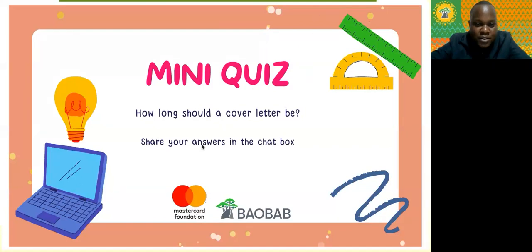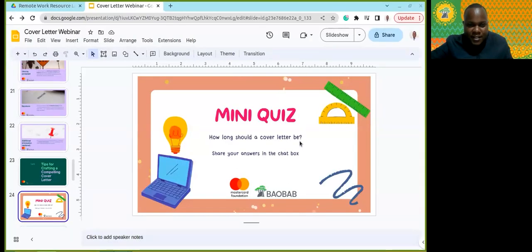Okay, so let me check the chat. Elsie is saying 1 page maximum. Thank you, Elsie. We have Joseph Makuni, 1 page. Thank you so much, Joseph. Samuel is saying 1 page. Sahu is saying 1 page. Wilson, 1 page. Prince is saying 1 page. Okay, I've seen Elsie. Thomas is saying 1 page. Zainab is saying